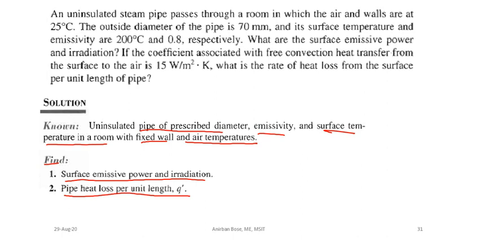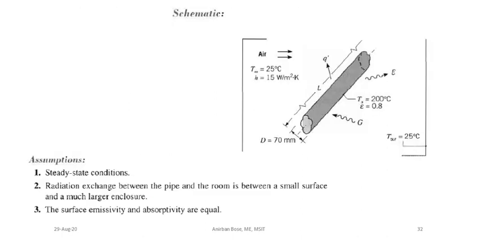And as I have told you, the schematic is the most important one. So let us try to see the schematic of the problem. Here you can see this one is the pipe, and this is the diameter of the pipe which is given. You draw the schematic of the physical system, and you show in that schematic all the given quantities. You see this one, capital D, it has been symbolized and its value is given, so it is written in that way.